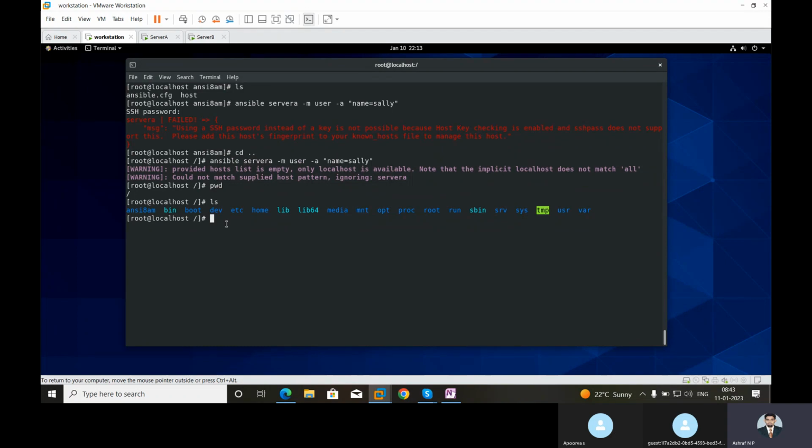the precedence or priority of the Ansible configuration file. Now we are in slash. Is there any configuration file available here? No, there is no configuration file available here. We have a configuration file in this directory, right? We have a configuration file in this directory. So, here,